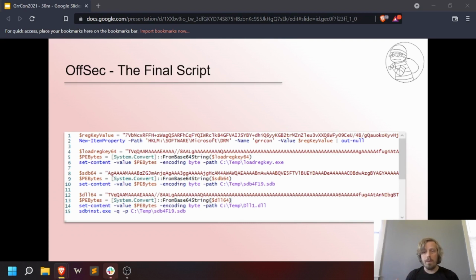So once we run through our three binaries and convert those into a string that we can move around in our script, we can then build out the rest of our script, which is what it looks like here. And this will just go through and decode and stream those bytes to disk one at a time, put the registry key value string into the recognized registry key, and then install the shim database once everything is completed.